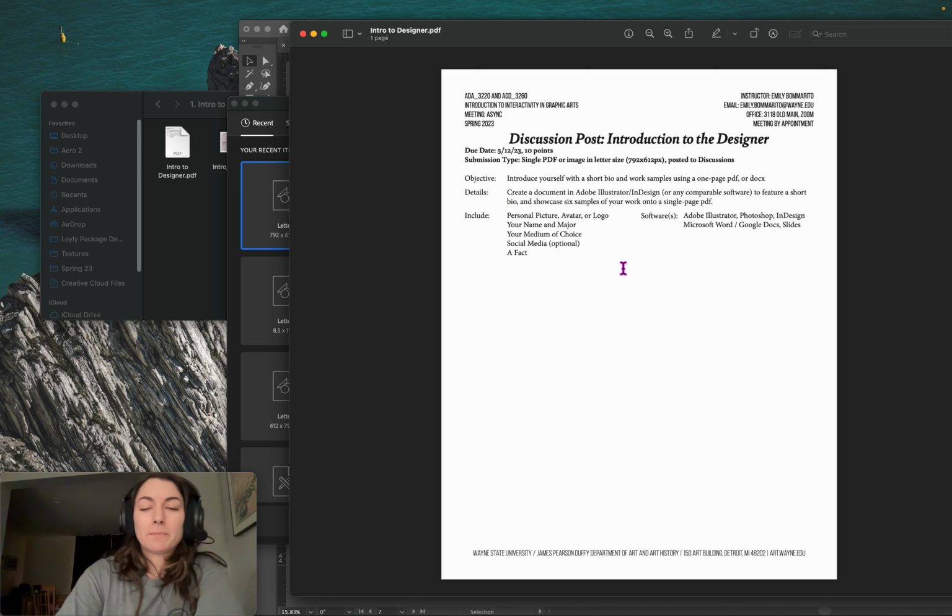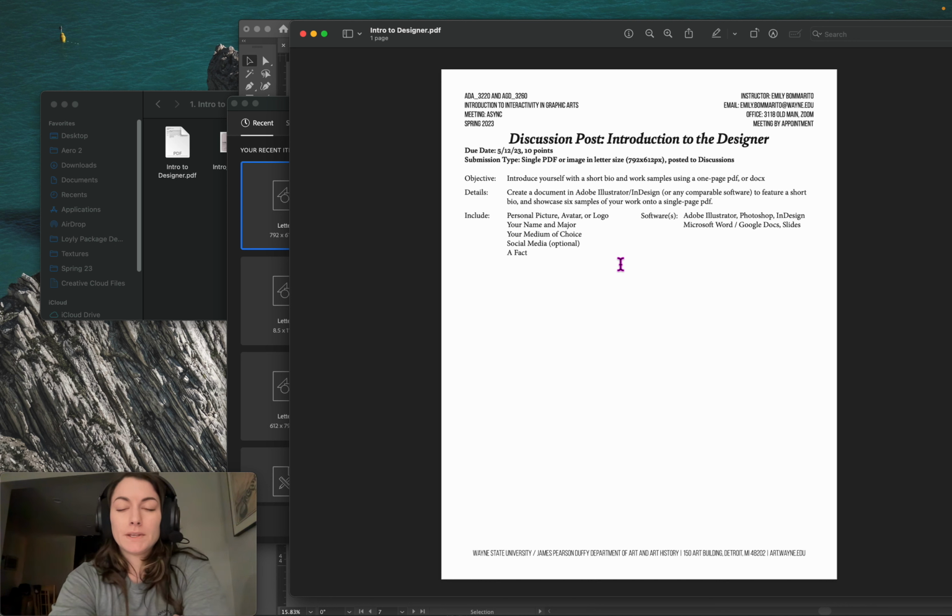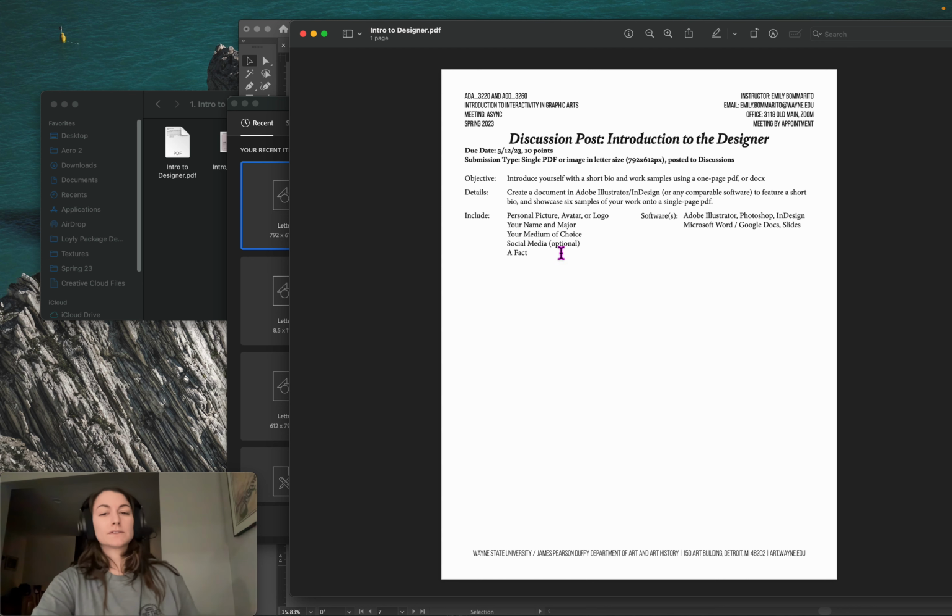Our first assignment is going to be an introduction to you. You are going to create a single PDF or image, or if you want to, a docx of just like a brief intro, like a bio card of you. And this is going to just introduce yourself with a short bio, some work samples, and just some information about